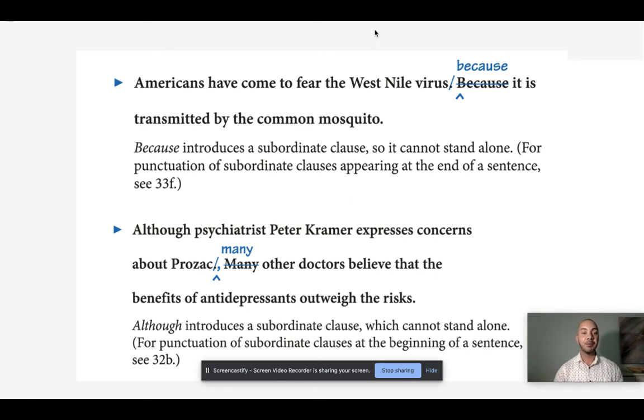In the second example, "Although psychiatrist Peter Kramer expresses concerns about Prozac. Many other doctors believe that the benefits of antidepressants outweigh the risk." Well, in this case, the first sentence is the fragment, and the second one is okay. The first sentence begins with the word although, which is a subordinating conjunction. Although psychiatrist Peter Kramer expresses concerns about Prozac, well, what about although? We haven't answered that condition. And so the best way to correct that sentence is to lowercase the m in many, and this time add